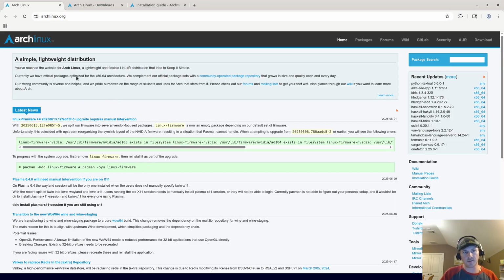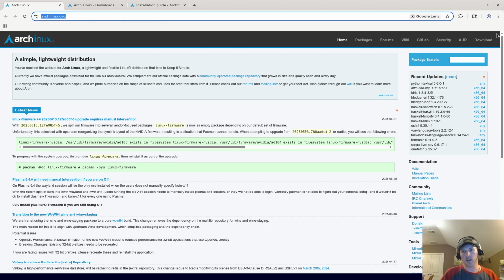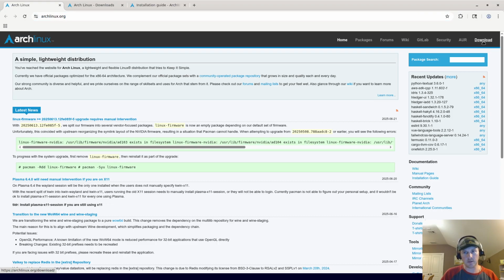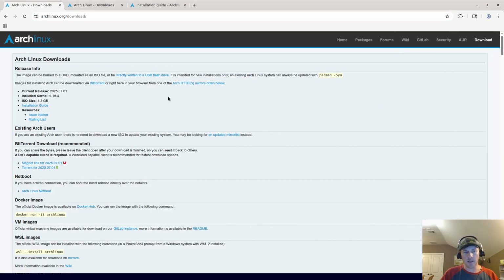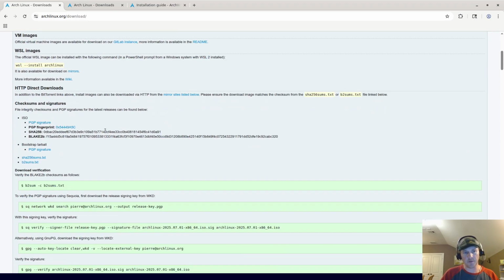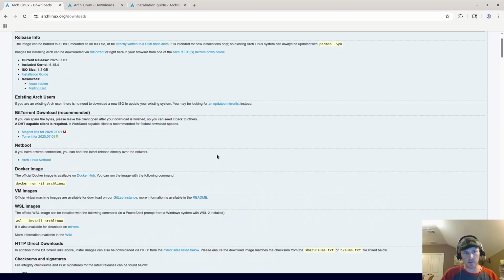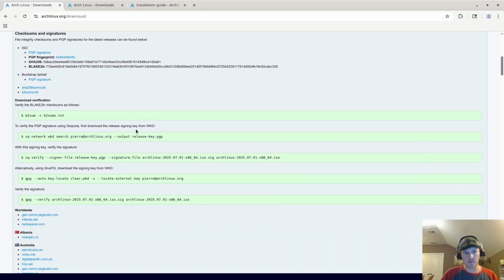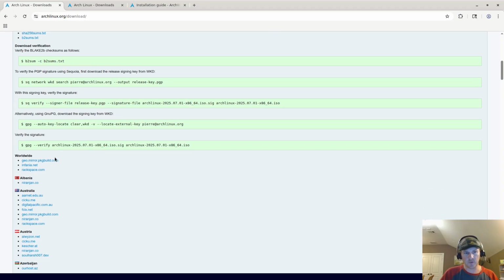So the first thing you're going to do is go to archlinux.org, and to download, you'll just find the download button like here, and you'll see something like this. You'll have different options to download it as a BitTorrent or something else. I'm going to show you downloading it using